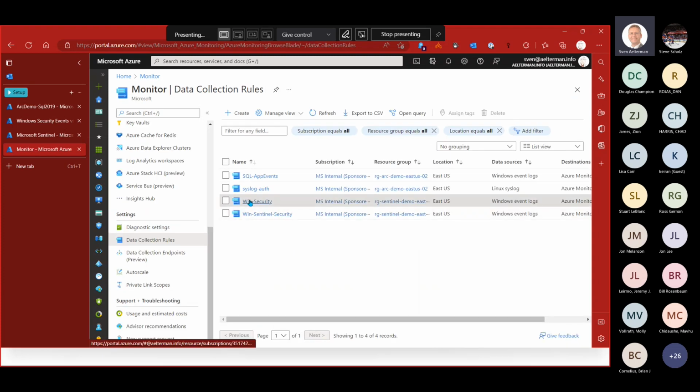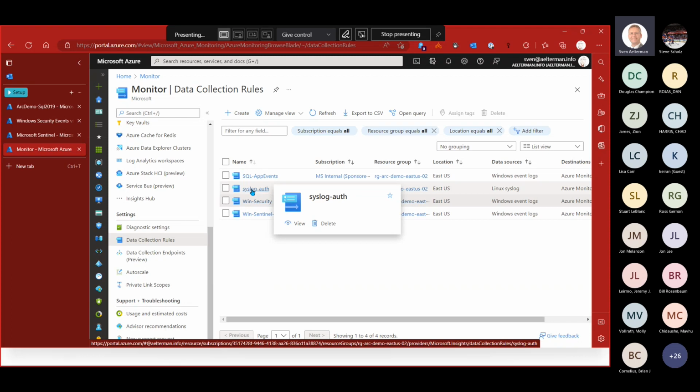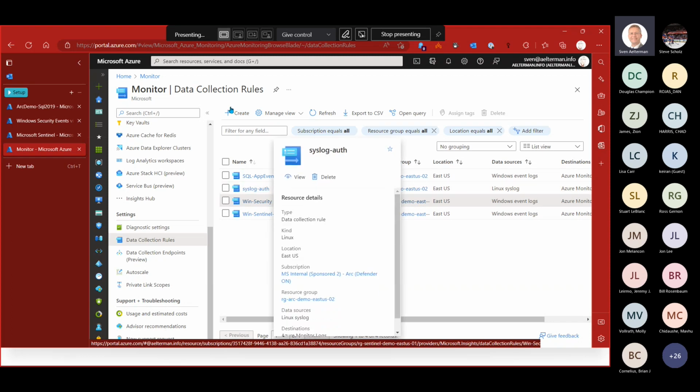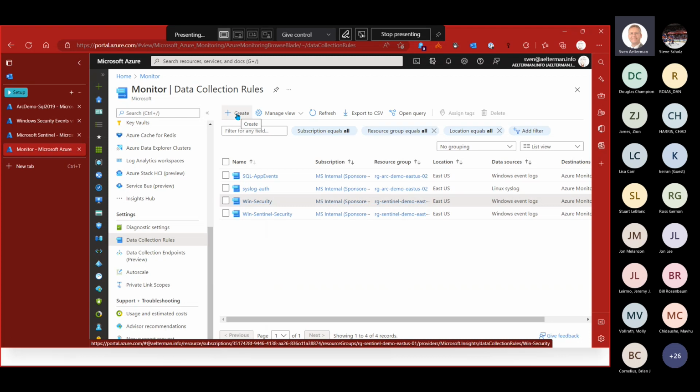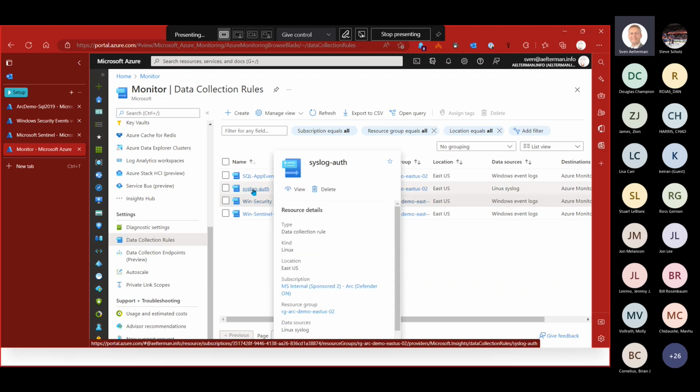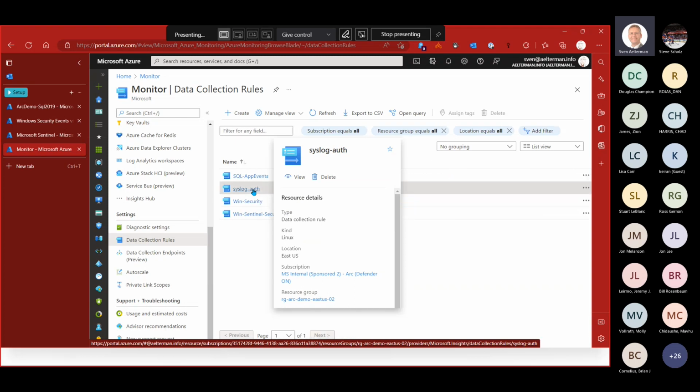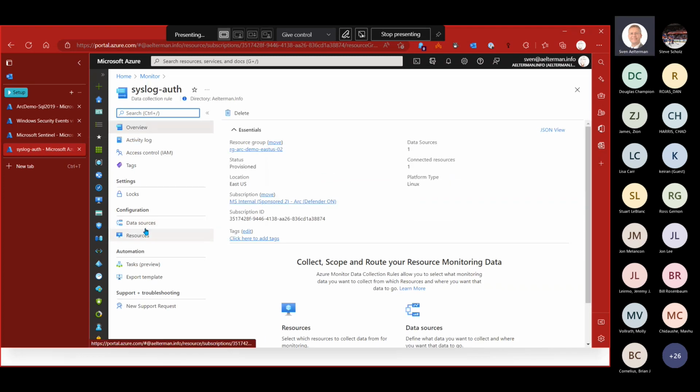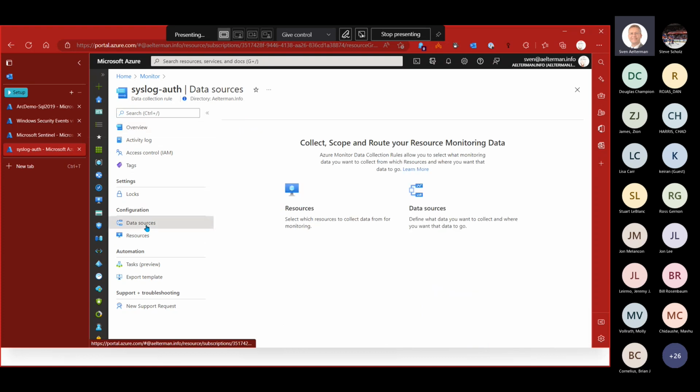Okay, this rule, this Win security rule, I created via the data collection rules interface by clicking the create button here. That does not work. That's not going to work for Sentinel. Now, what does work for Sentinel is when I have my Linux machines and I want to collect syslog data, then I'm going to go through the data collection rule creation process here, which is very similar to what I've shown with Sentinel. Of course, I'll choose that it's a Linux machine and I'll choose the syslog facilities that I want to include. But other than that, it's a very similar rule, and that data then flows into